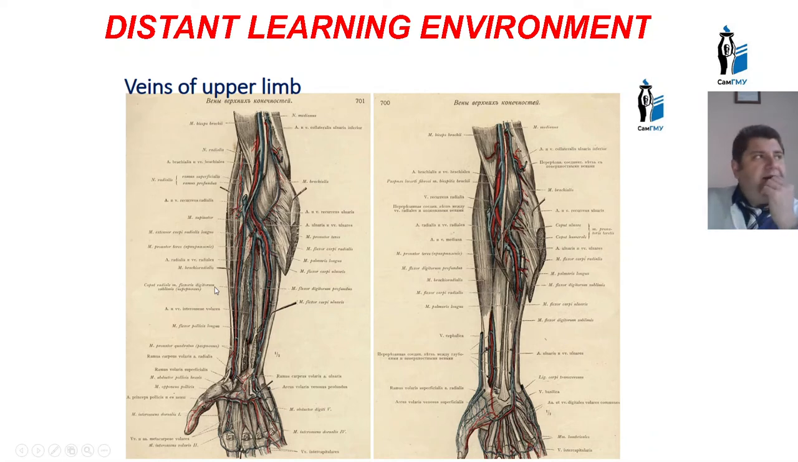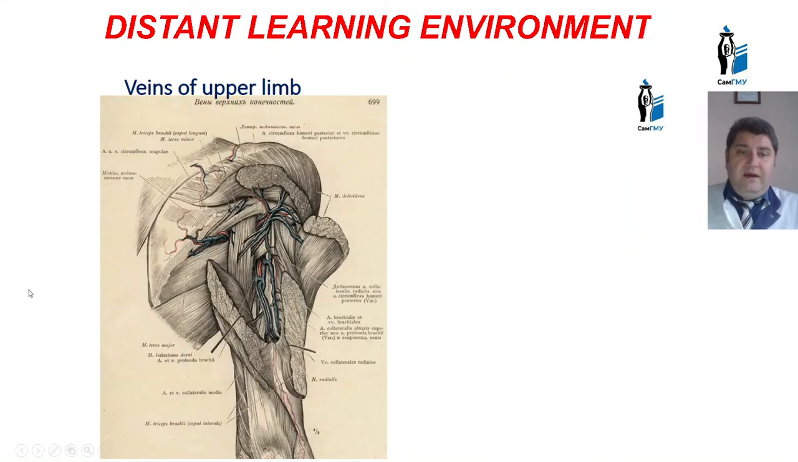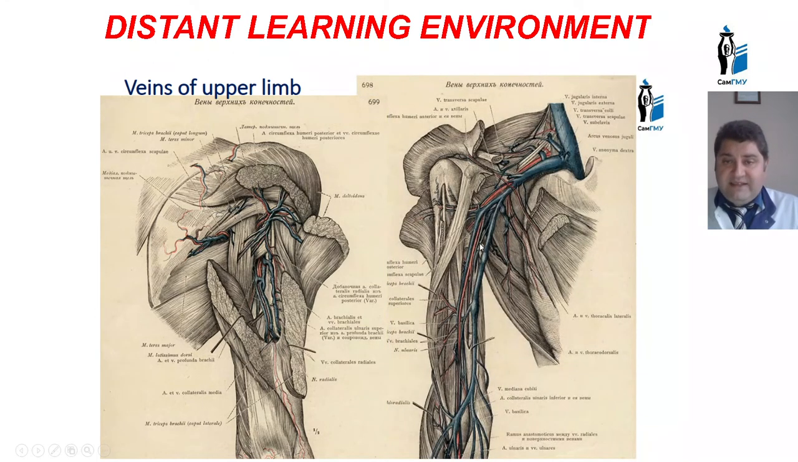So this is the main rule for deep veins in limbs. First is accompaniment of arteries, and second is duplication in quantity, but not for all. You may see that, for example, the deep or profunda brachial artery also has two accompanying veins, but the brachial artery